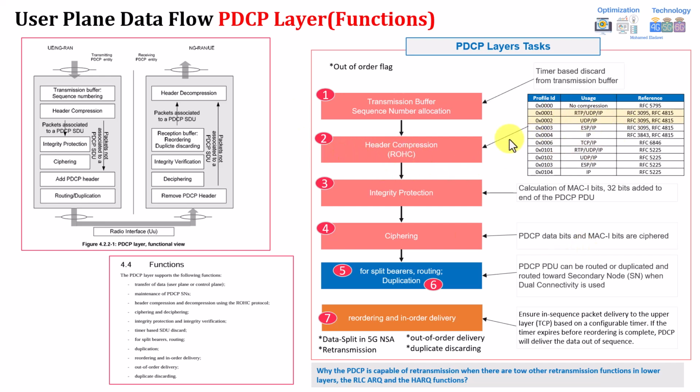In the right figure, if you look into the header compression, you have different profiles, and I will show how to check this from the drive test. This can be enabled based on the vendor, which decides which profile to enable. Usually, header compression is used for voice data, for example voice over NR or VoLTE. If you're speaking about 5G, it will be voice over NR, for example, highlighting profile 1 and 2. So if you find from the drive test that profile 1 and 2 is enabled, this means you have header compression for voice over NR. You can also do it for TCP/IP and other profiles, and this again depends on the vendor side.